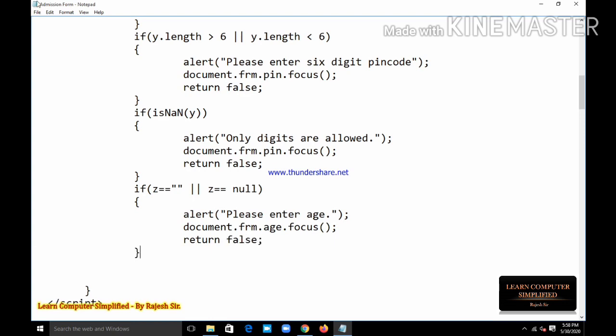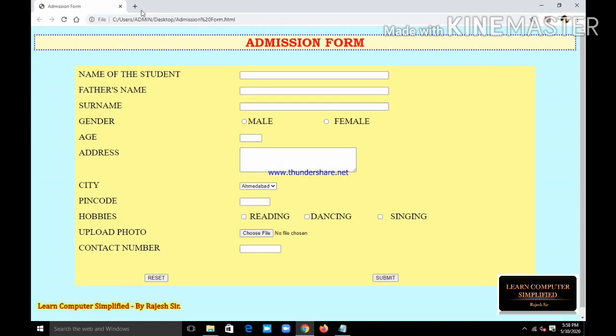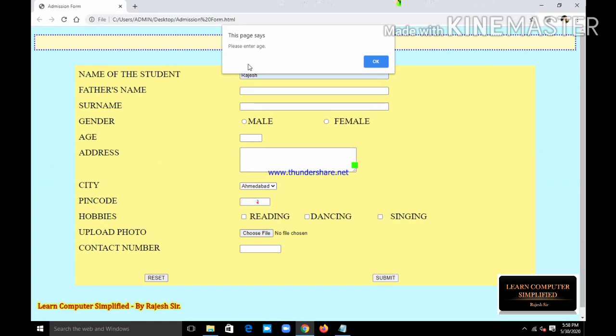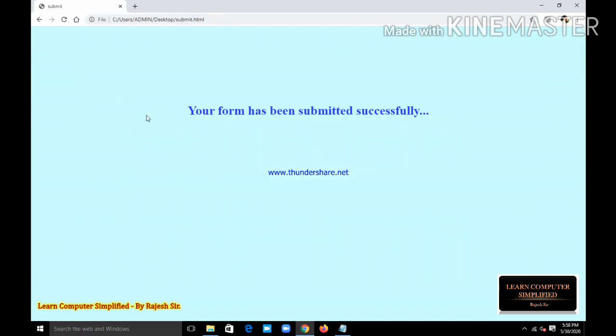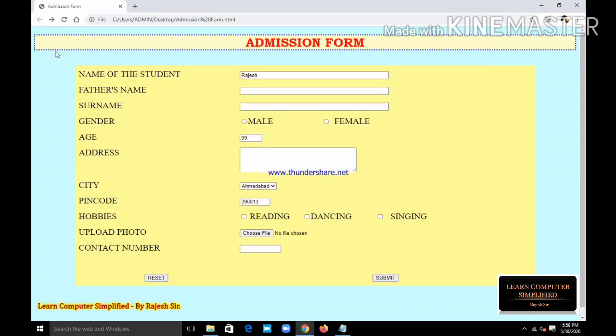Now let us see, file, save. You can see "please enter age". Now suppose here I am entering 99, then also it is accepted. Now I want to validate the age, that is, it cannot be less than 5 years and it cannot be larger than 35 years, suppose.